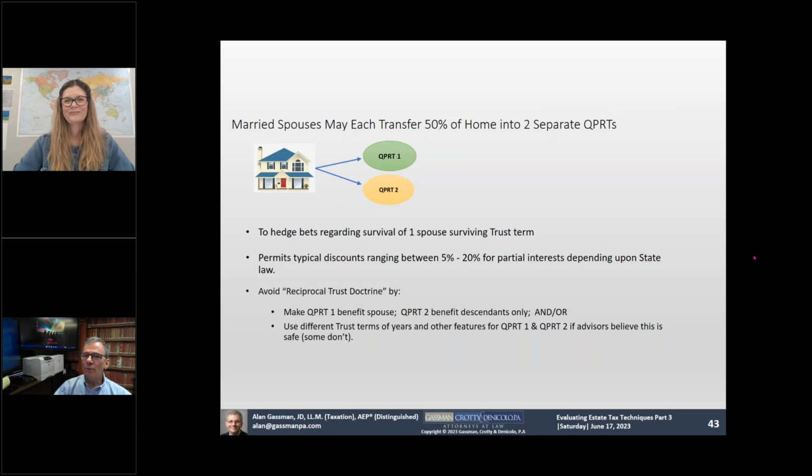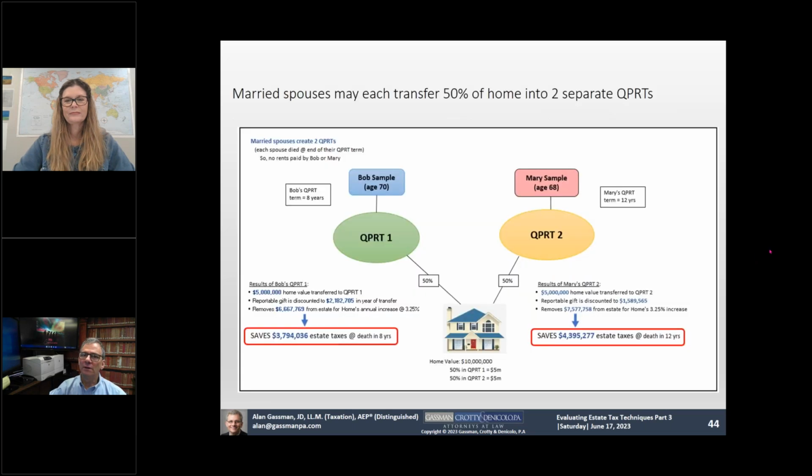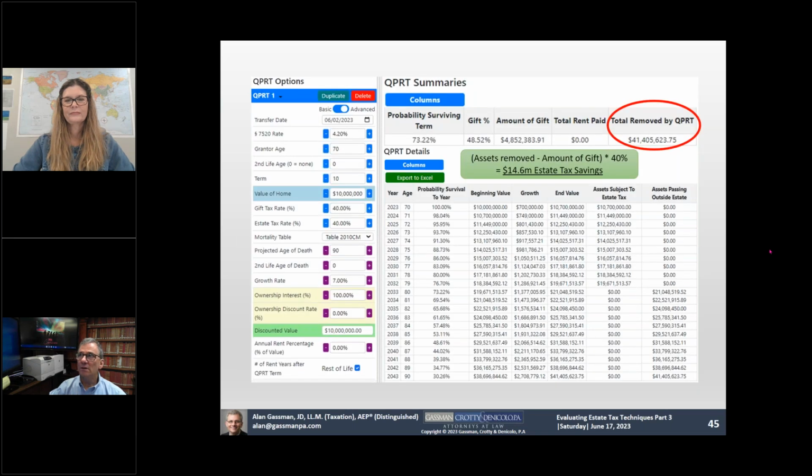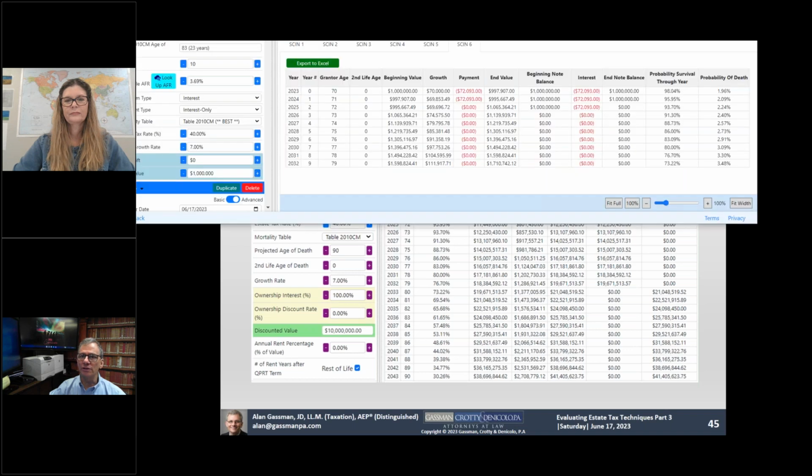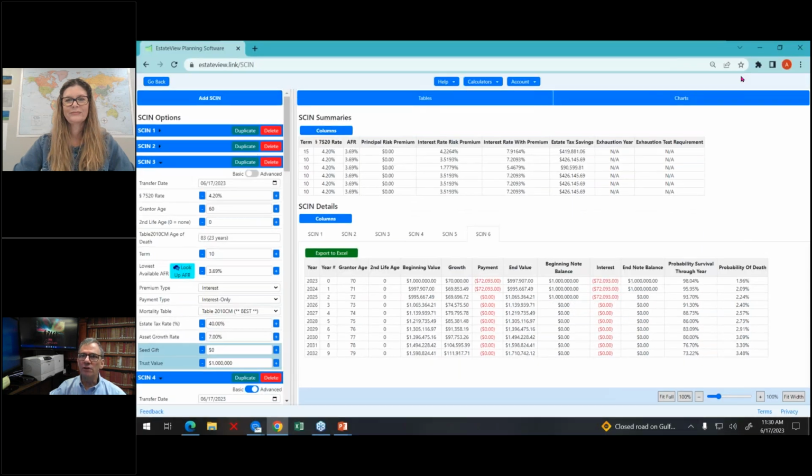But everybody felt a lot better, and now they'll sell the house, and millions of dollars will go into Cupert 1, which can be held for her health, education, maintenance, and support. So we have the examples here that you can look at. But I think it's probably more fun to show you the software. So I'll go to Calculator, Cupert,